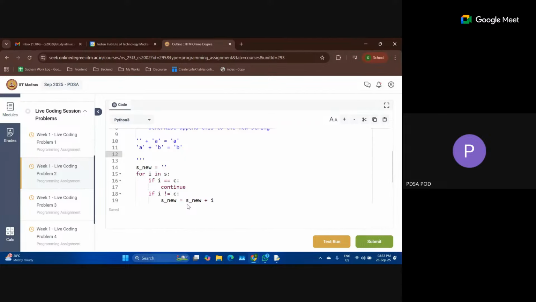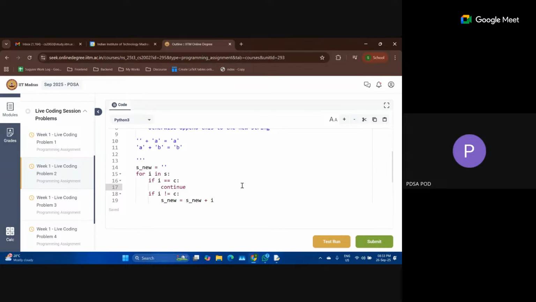Now let's say I am deleting the character C, so I am looking into C and I just want to skip it. I don't want to do anything. Let's say my third character is the one that I want to delete, the character Z. So this condition becomes true, and I'll just continue.